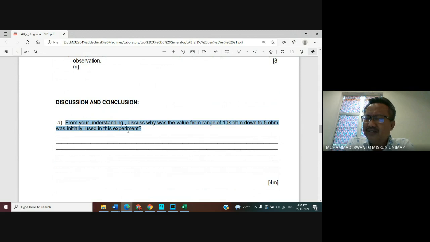We know that the output terminal voltage and load current are different, and have a specific trend. Discuss why. If you want to relate it to Ohm's law: if the terminal voltage goes down and the resistance goes down, how about the current? Discuss.